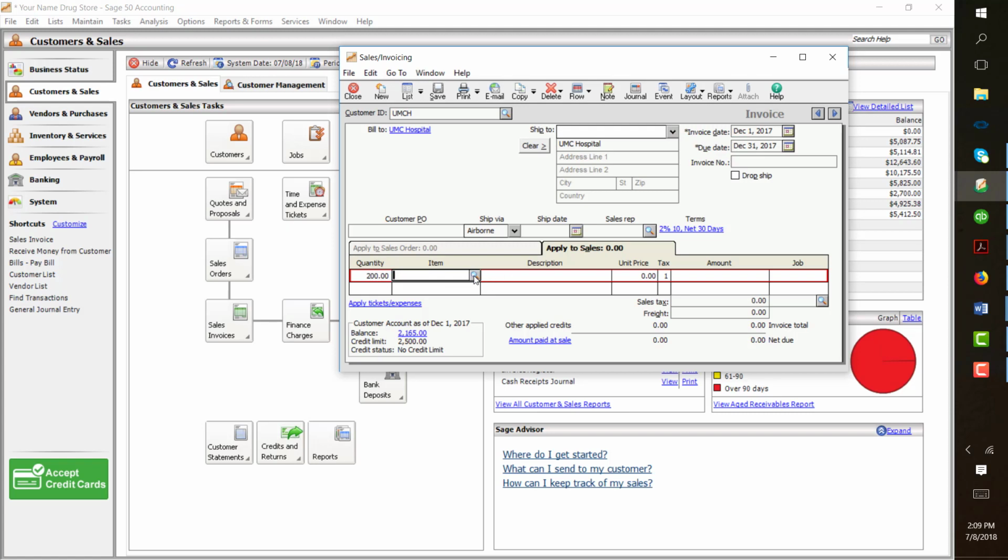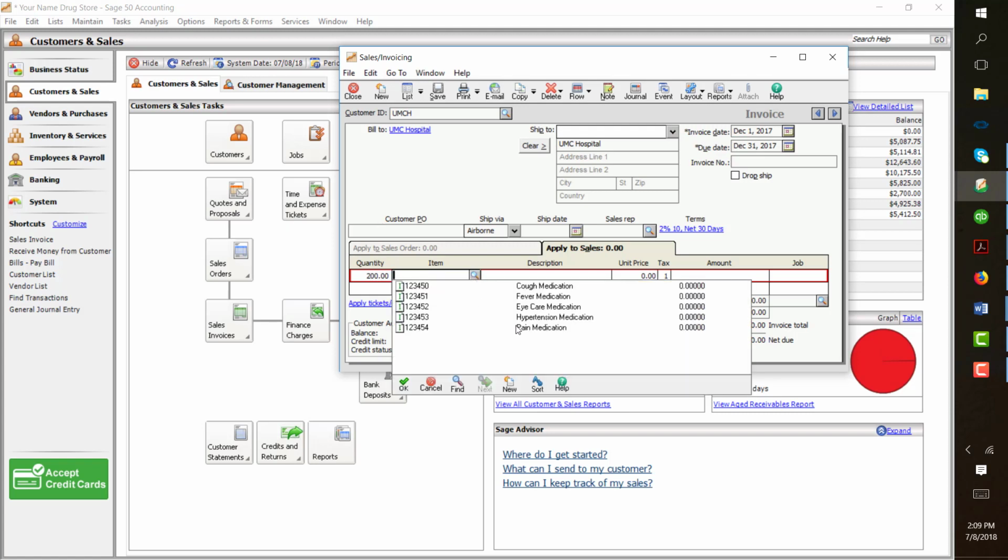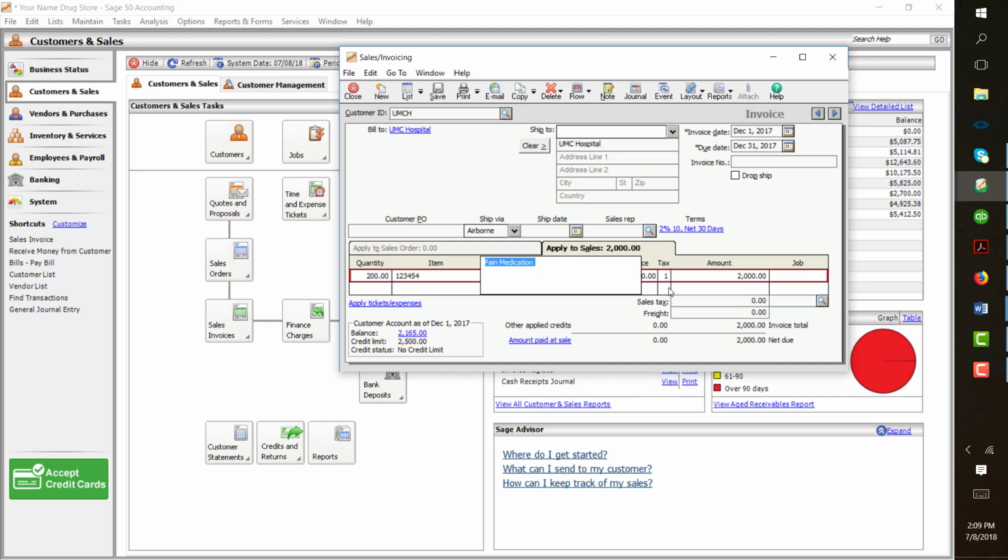Under item, look for your pain medication. Note that it will automatically compute the $2,000, but this is a taxable amount, so under the job column, look for the NDT, and that represents $165 for sales tax, so your total is